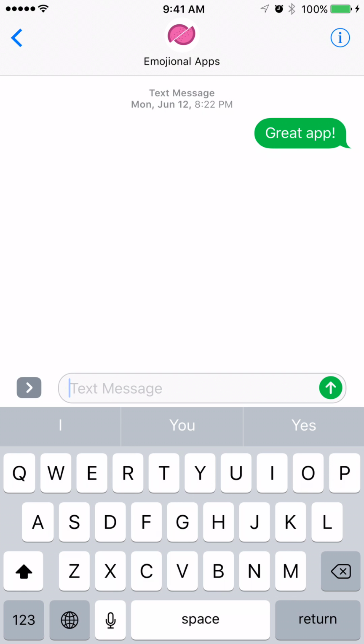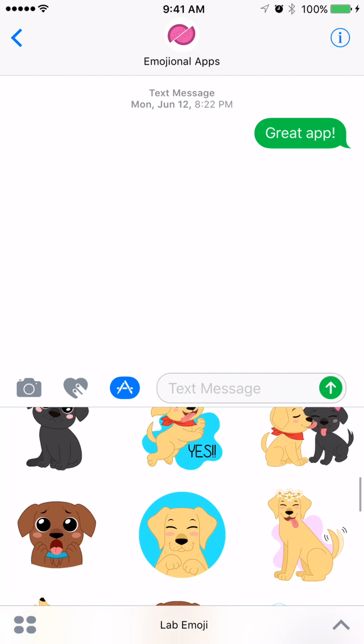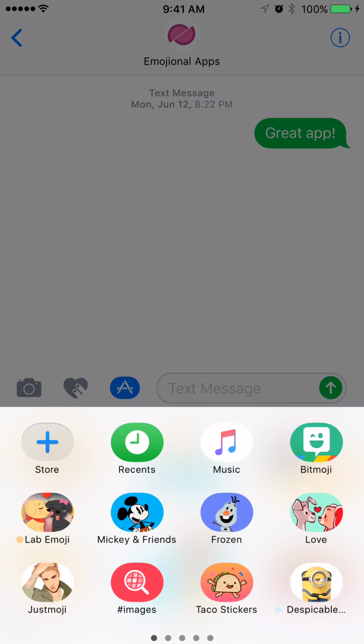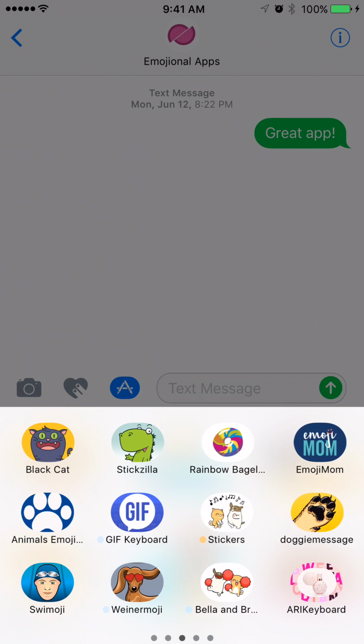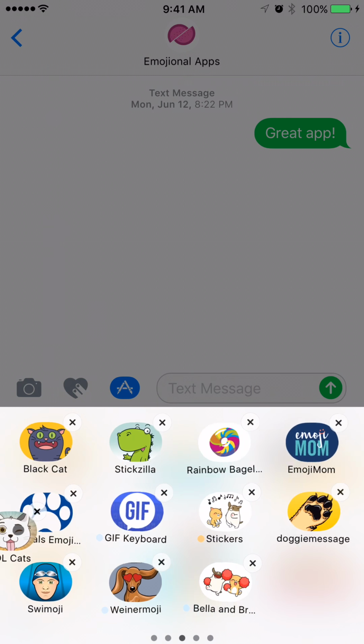Tap this little arrow to the left of the text message box and now tap on the App Store icon. Now you might see some emoji from some other app that you've been using. If you do, bottom left corner, tap on those four circles and it'll open up a whole tray full of icons for you. And if you go over to the very end, you'll probably see lolcats since you just installed